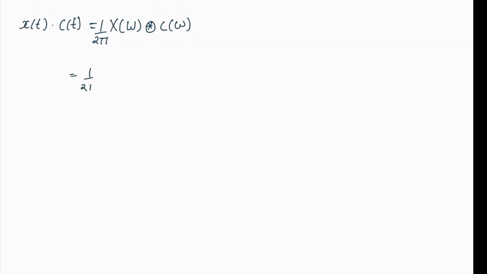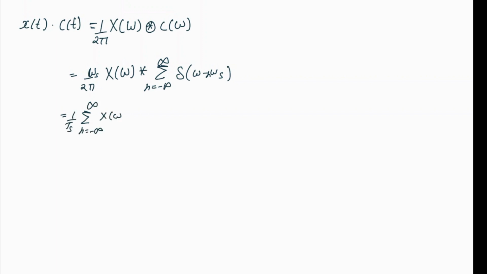So it can be written as 1 upon 2 pi, X(omega) convolved with C(omega), which is 2 pi upon Ts times the impulse train, the summation from n equals minus infinity to infinity of delta(omega minus n omega s). This can be rewritten as 1 upon Ts, the summation over n from minus infinity to infinity of X(omega) convolved with delta(omega minus n omega s),